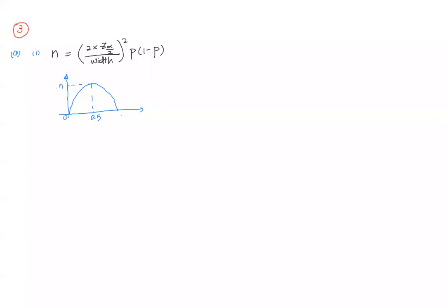Are you okay? You can draw out this graph. That is how you answer this question. Yeah, that's why they give you 2 marks. You write down the formula, you draw the graph, then you say, because we do not know the population proportion